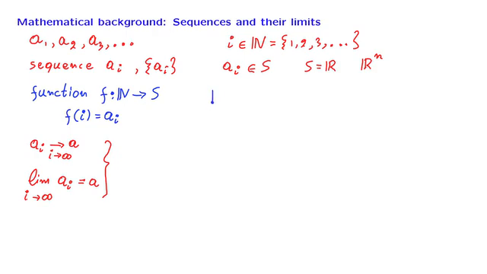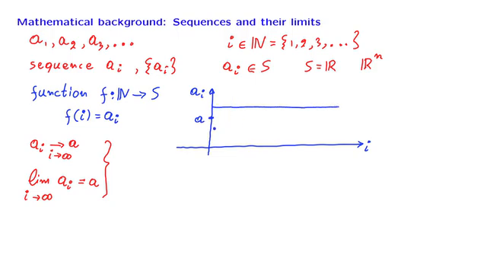It is as follows. Let us plot the sequence as a function of i. So this is the i-axis, and here we plot entries of a_i. For a sequence to converge to a certain number a, we need the following to happen. If we draw a small band around that number a, what we want is that the elements of the sequence as i increases eventually get inside this band and stay inside that band forever.